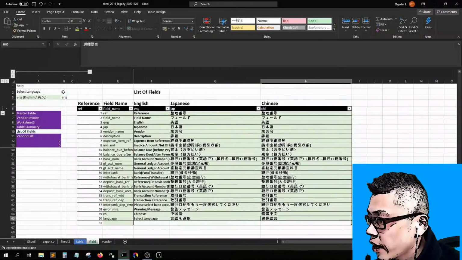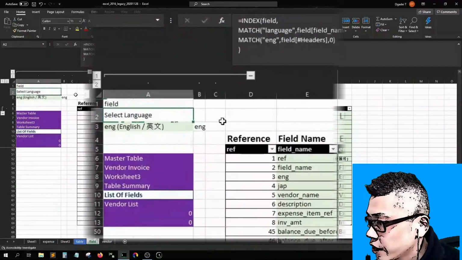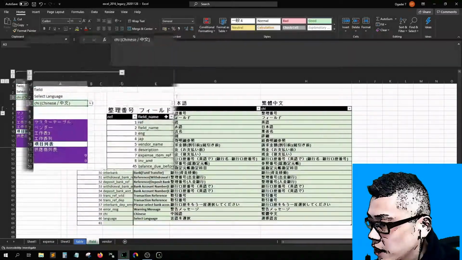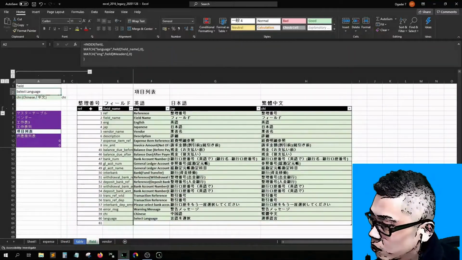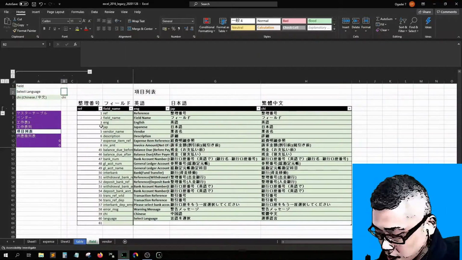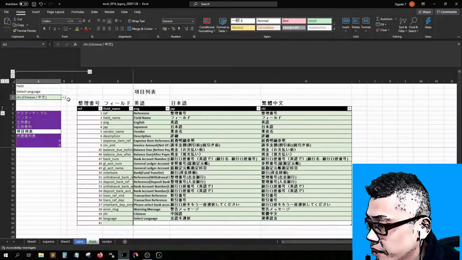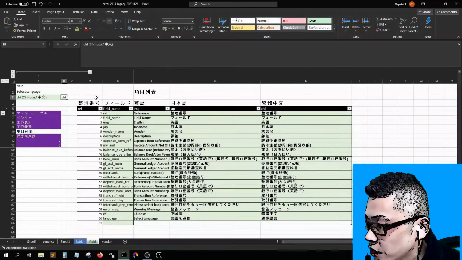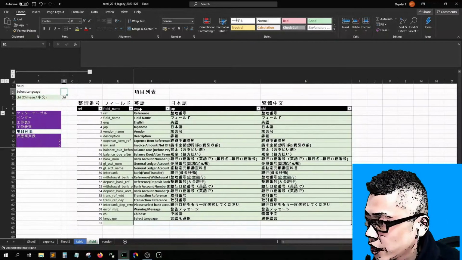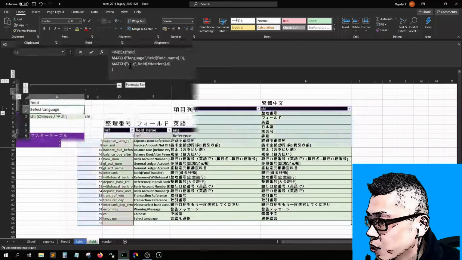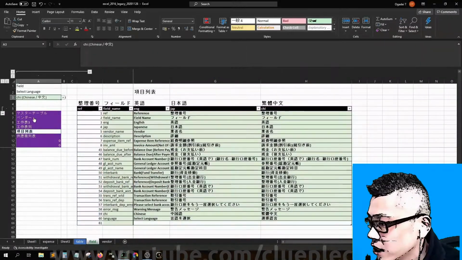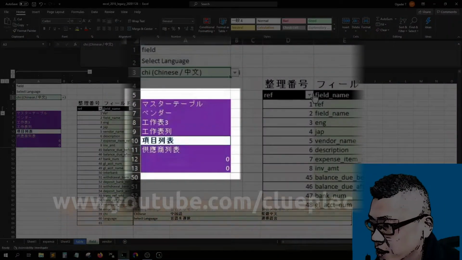Okay, so when I change the language here to Chinese, then I should see, oh, still select the Chinese. Let me save it, maybe. Okay, English. Chinese. It doesn't change. Oh, you know what? Because this one, I didn't change to Chinese. And you see the toolbar is already in Japanese.